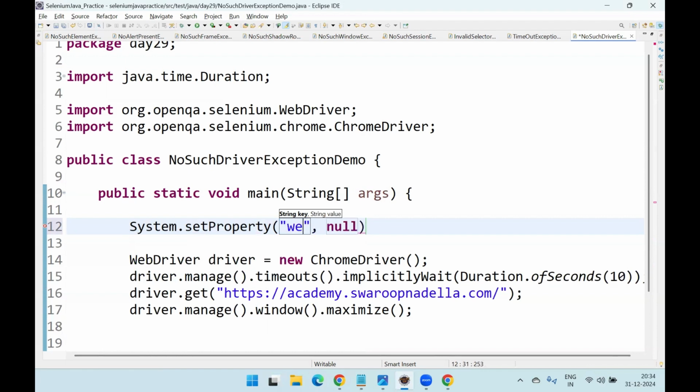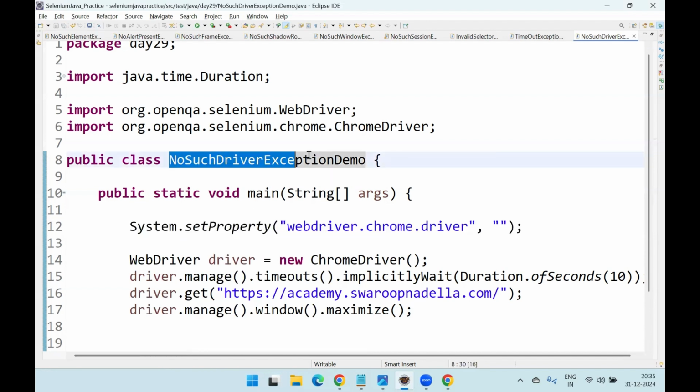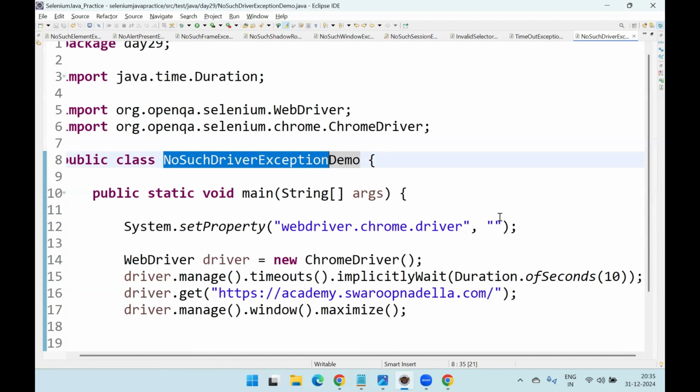Here what you will do, webdriver.chrome.driver, and you are passing the path of the Chrome driver exe file. Since we are using a Windows machine, the Chrome driver exe file I'm manually trying to pass. So this is no longer required, but just for demonstrating this no such driver exception,